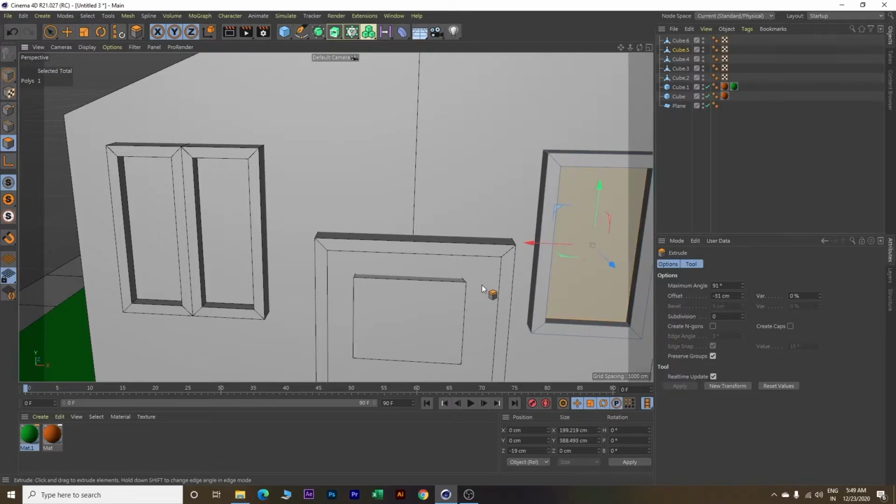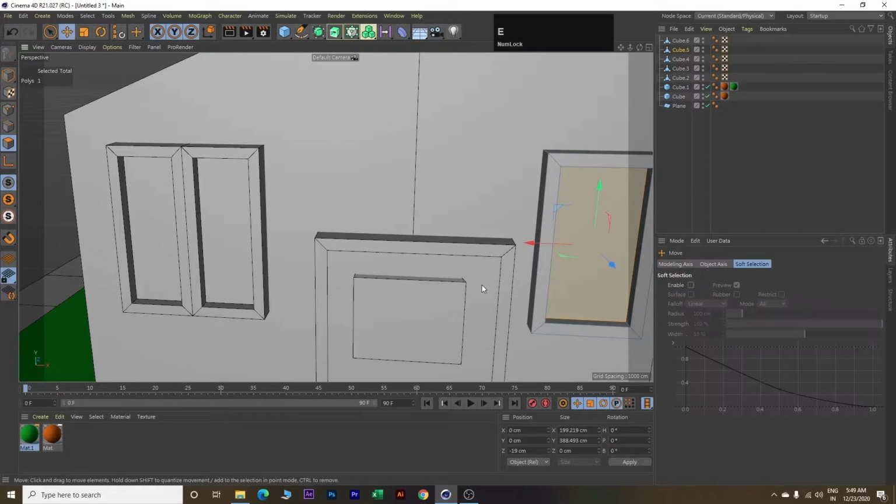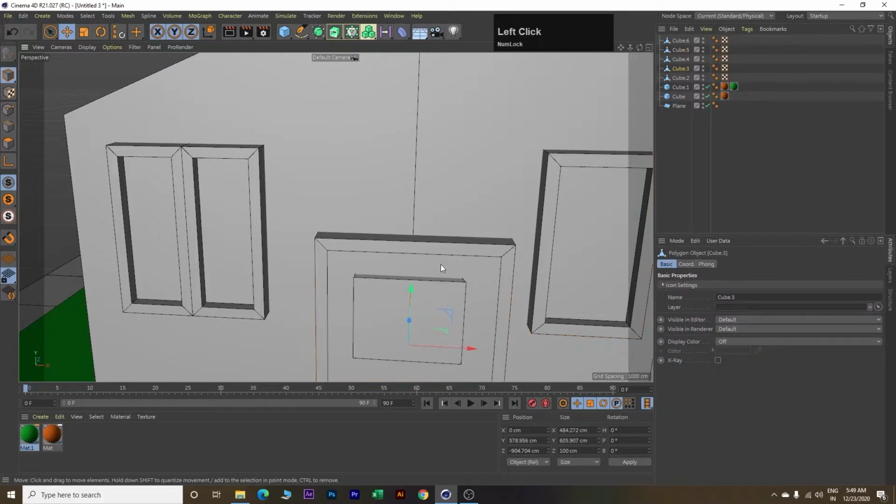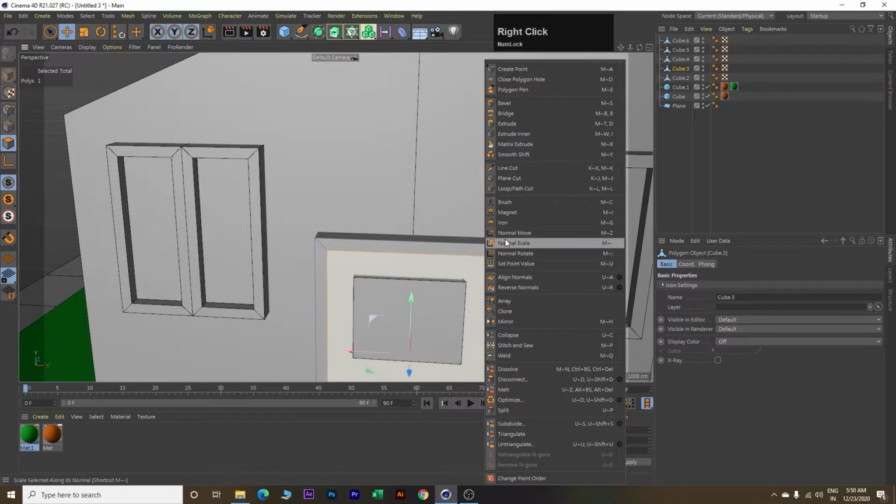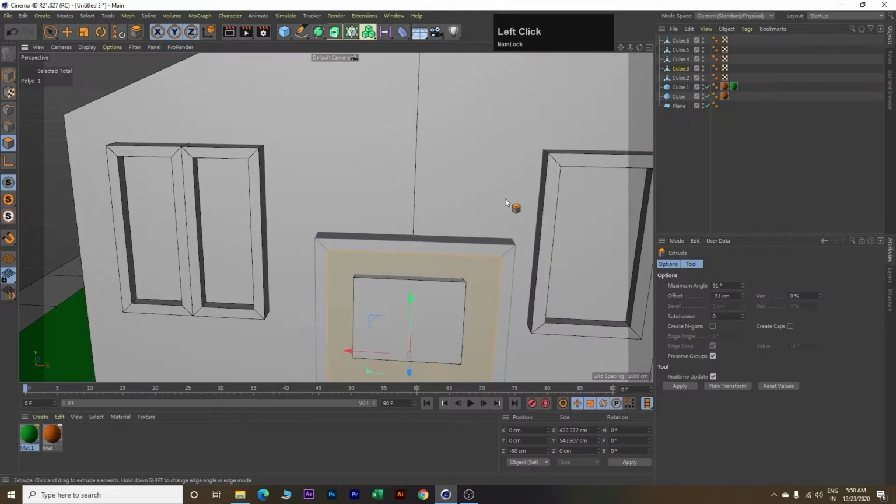We will do the same thing on this door as well. So click E on your keyboard, click on Model, select this door, click polygon, select this top polygon, right click, extrude. Click and hold the left mouse button and drag your mouse towards the left. Okay, so make this value again as -31.